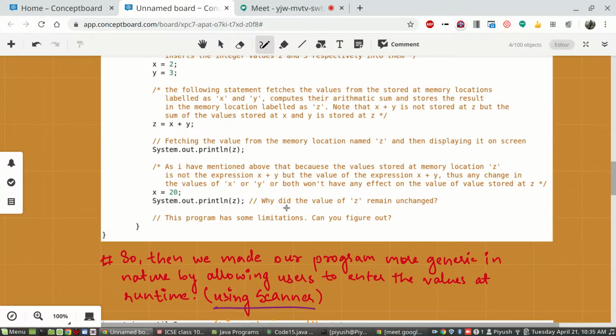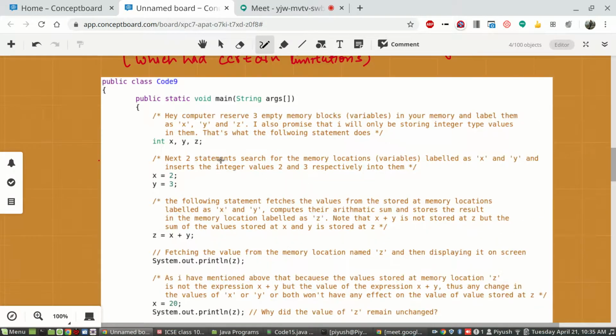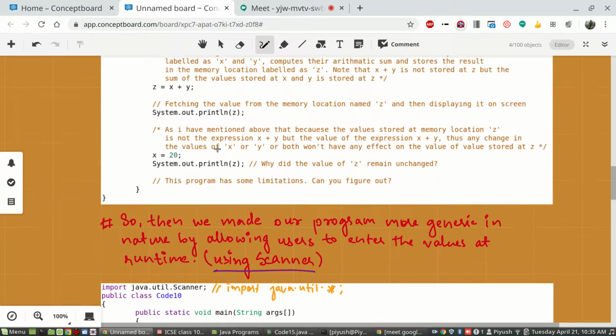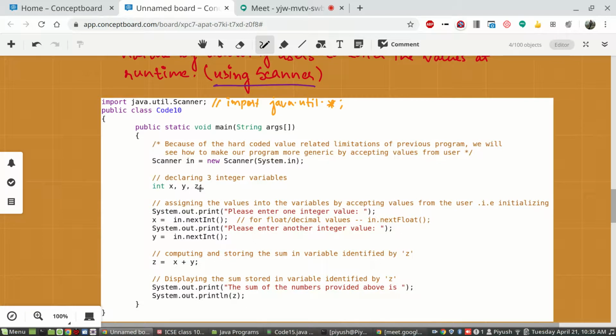The aim is to make this program generic in nature. So what we did in the last class, for creating a generic program, because you need to ask two values from outside, those two values should be accepted and saved in some memory location. So again you need two variables. And a third variable will be required to compute the sum and store it. So we have created three variables again.